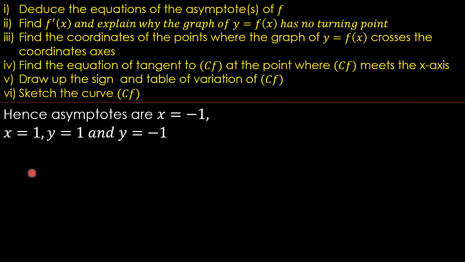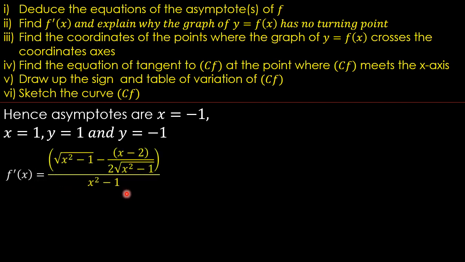Okay guys, let's go ahead to differentiate. f prime simply means we differentiate. So now we are going to apply the quotient rule, which says that we keep the bottom constant. The bottom was the square root of x squared minus 1. Differentiating the top, which was x minus 2,